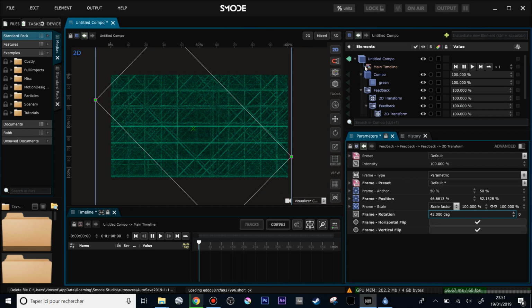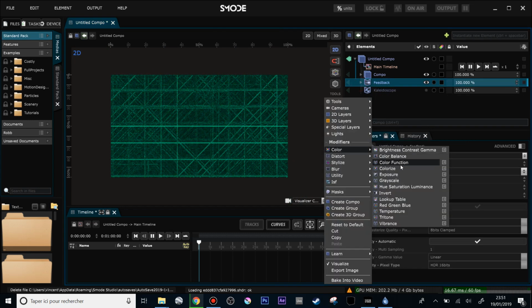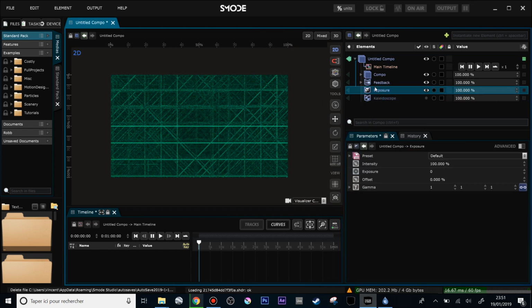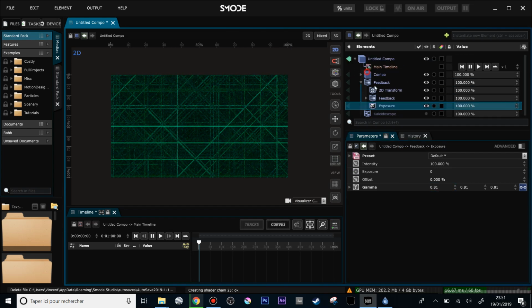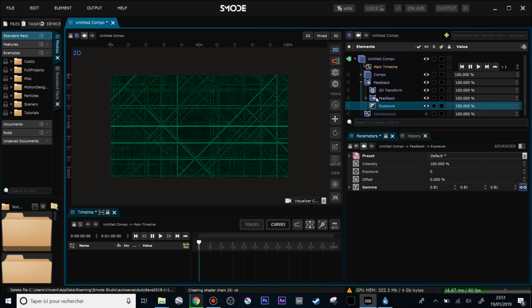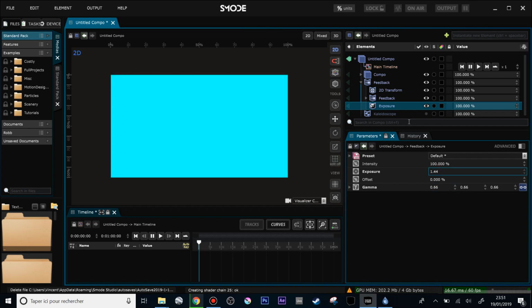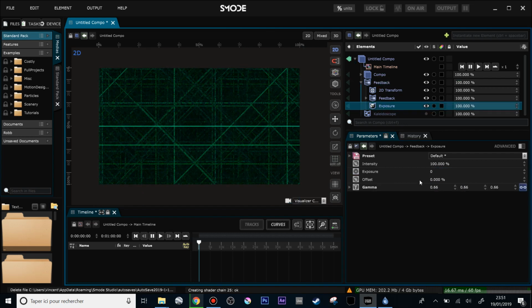Yeah, seems like some nice shapes appearing here. So let's use a little bit of color modifier, like an exposure. This exposure I put after the feedback, because if I put that inside the feedback, what I'm currently doing here, it's applying my exposure on each sample of the feedback, and in this case I don't want to modify really my feedback